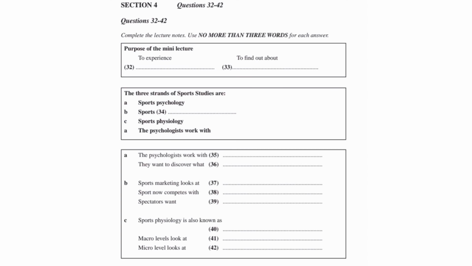Questions like, why do people spend their money on a football match or a tennis game rather than, say, on buying a CD or going to the cinema? What are those market forces? Sport used to just compete with sport. Nowadays, it competes with other leisure activities. The spectators go to sport to be entertained rather than out of loyalty to a team. They want to have an evening out, and they don't want the cheap seats anymore.